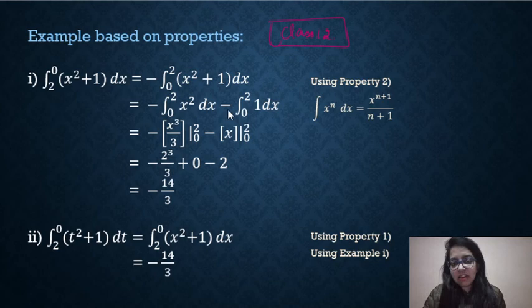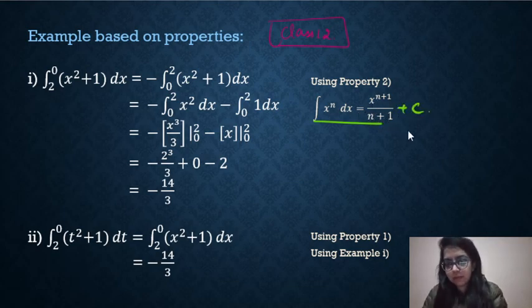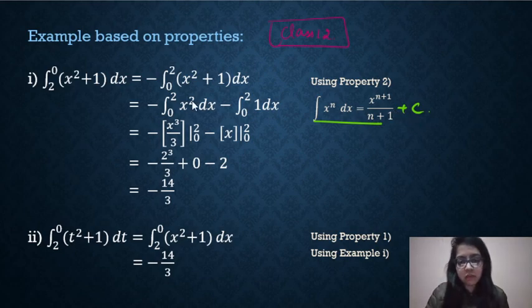And now we can easily integrate by using this formula, that is the integration of x to the power n dx is equal to x to the power n plus 1 upon n plus 1, plus c. Okay, the c is a constant, but over here we are using limits, so we are not going to use this constant c. So now just integrate it, that is minus x cubed upon 3,